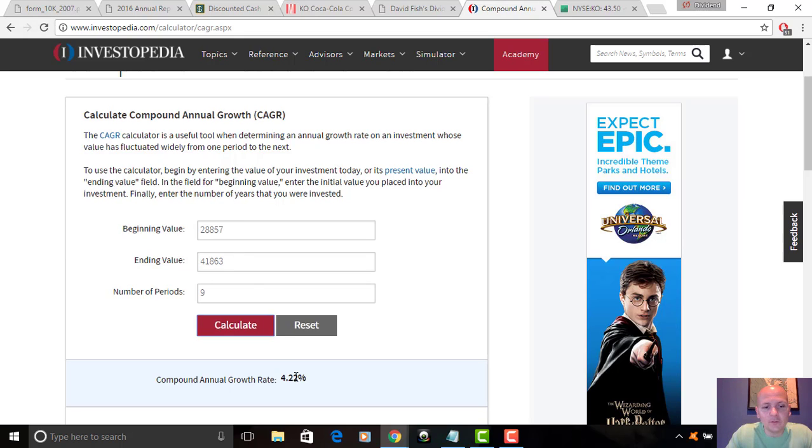But over the last 10 years, I've seen a 4% compound annual growth rate in revenue, which, if you look out over the next 10 years, it might even be difficult for them to match that, because 10 years ago I think the headwinds weren't as strong as they are now for growth.